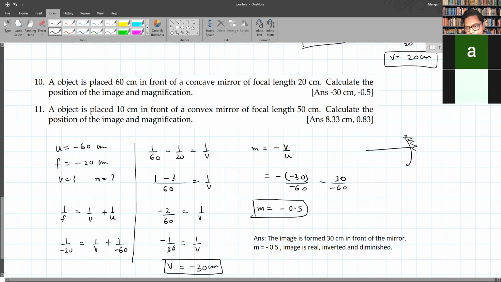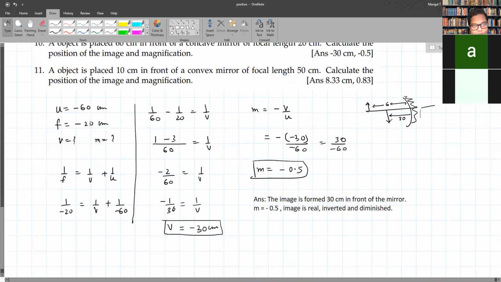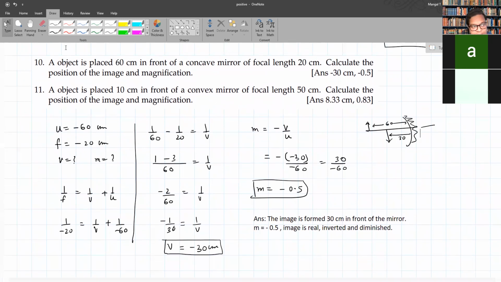Okay, there should be no problem, but again, a correct interpretation of negative 30 means what? Like this is a mirror, okay, and the object is 60 centimeter. Now the image is formed 30 centimeter from the mirror in front of it. That is this side and not on this side. So that's why I repeatedly say that in an exam, at least your answer should be proper when you are writing it in an exam. This is an assignment. Again, that's a habit that you need to maintain. But at least during an exam, you should be writing it properly.